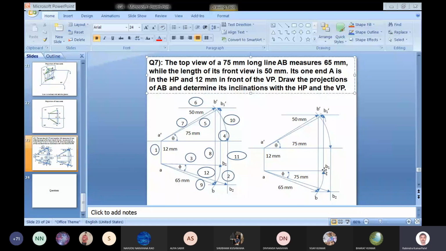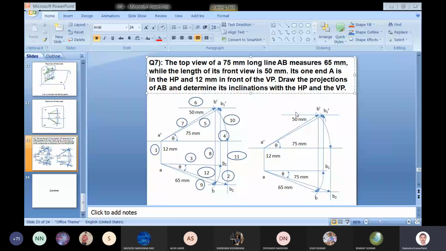So this line AB1 is the shortened projection, as we can say that this is inclined to the horizontal plane. So with the horizontal plane, one angle we have got here, but still we need to know the angle as well as the two projections. For the two projections we draw this horizontal line.